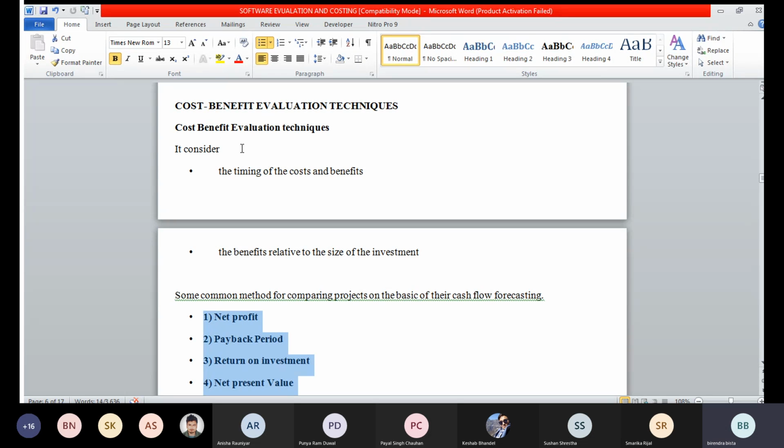Cost benefit, it considers the time and the cost and the timing of the cost and benefit relative to the size of the investment. So अब त्यसको लागि चाहिँ धेरैवटा टुल्सहरू छ। सो विल सी वान बाई वान।